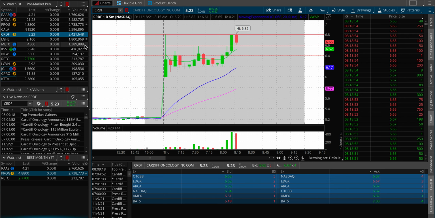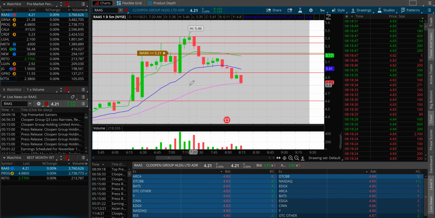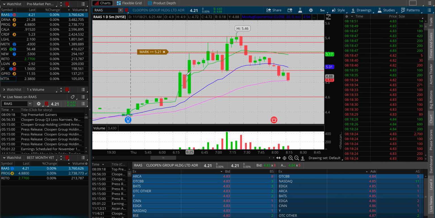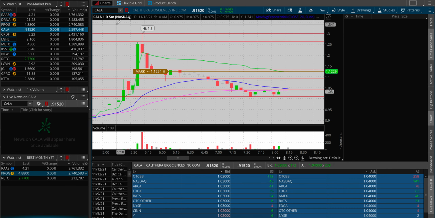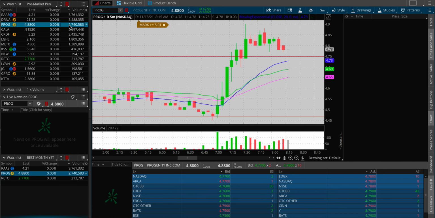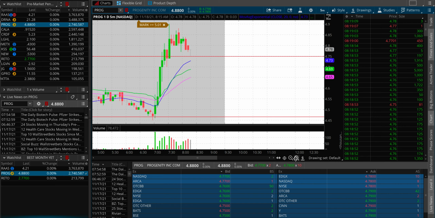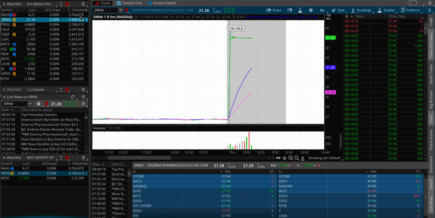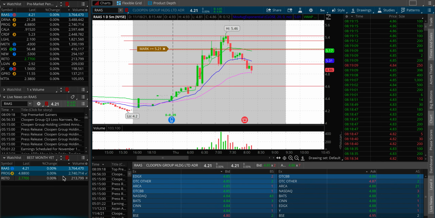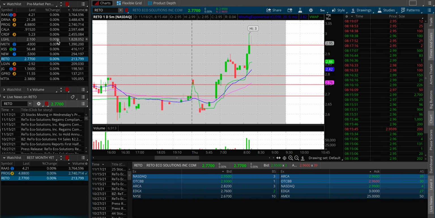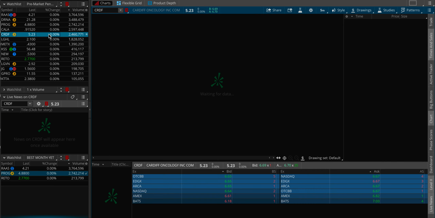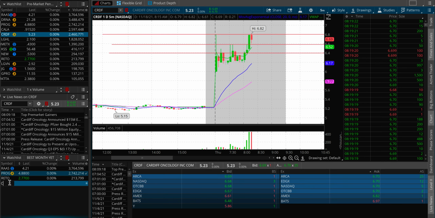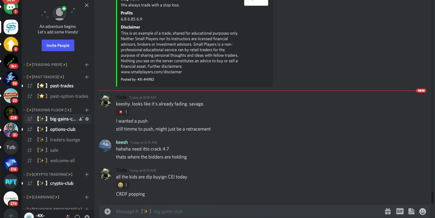It narrows it down so that you can do this analysis, because can you imagine if you had to do this analysis on 7,000 stocks? So it narrows it down. You do your analysis, and then you still have to determine what is going to show that this stock is bullish, right? What price level is going to show me that this stock is bullish? Okay, that's the price level I'm going to enter at. And if it doesn't get there, I'm not going to be in the trade, right? Where's the stock that we were just on, this one. Let me add it here, CRF. And I'm just going to say here,